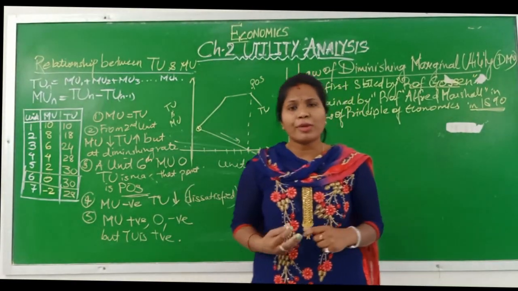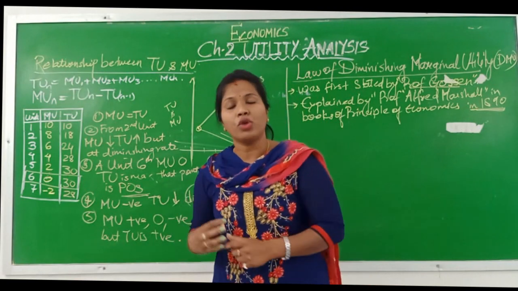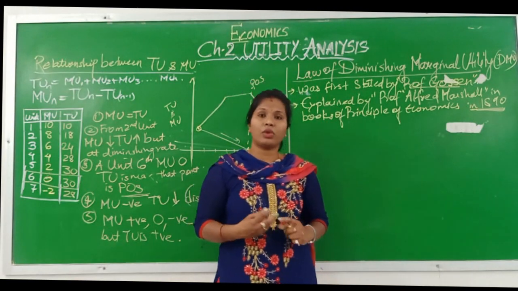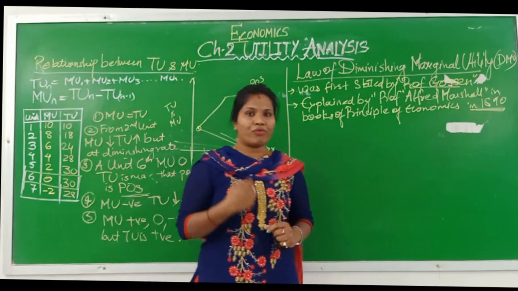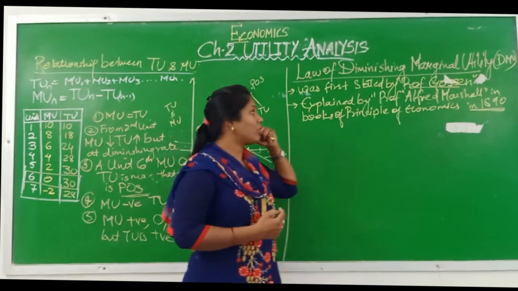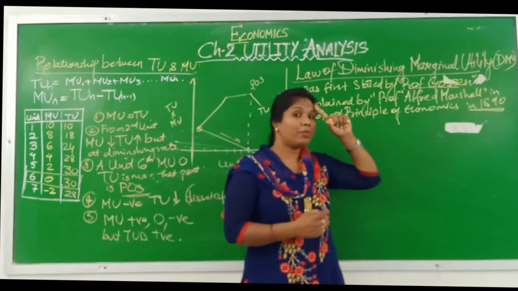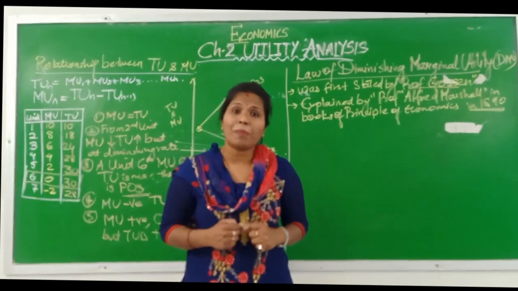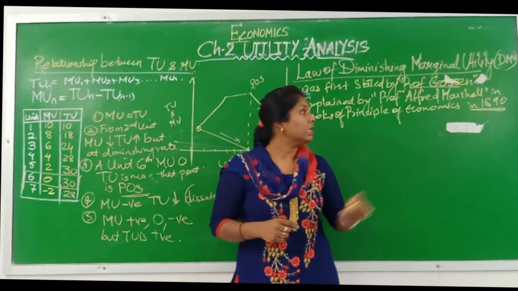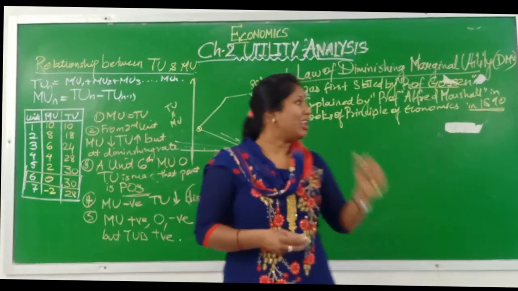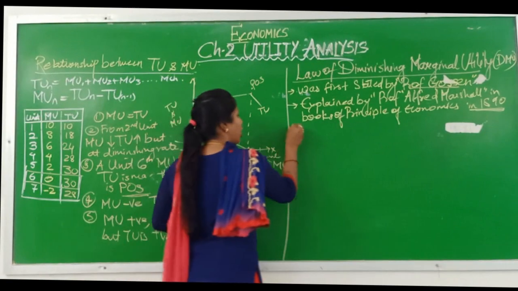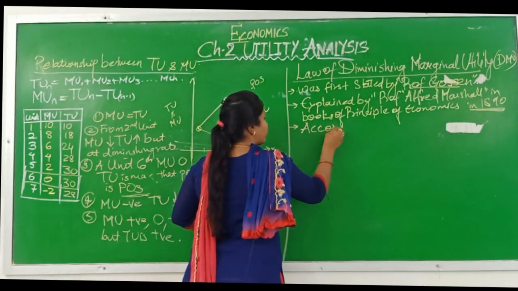Means the law of DMU is also said to be Gossin's first law. And then it was explained by Professor Alfred Marshall in the book Principles of Economics in year 1890. Now, what has he stated? Let's see. According to Professor Alfred Marshall,